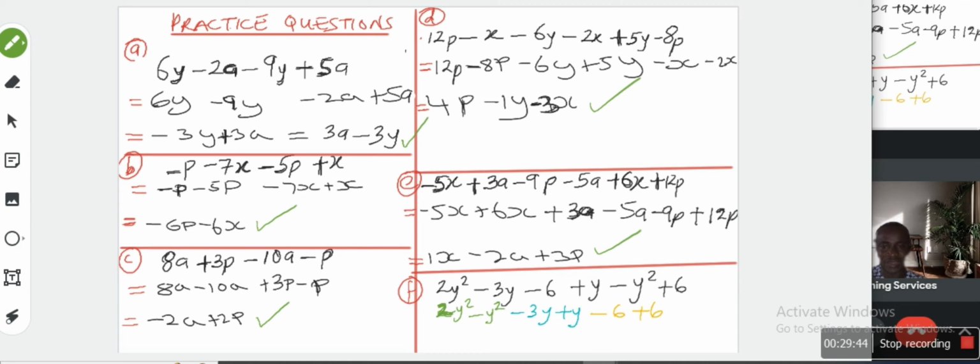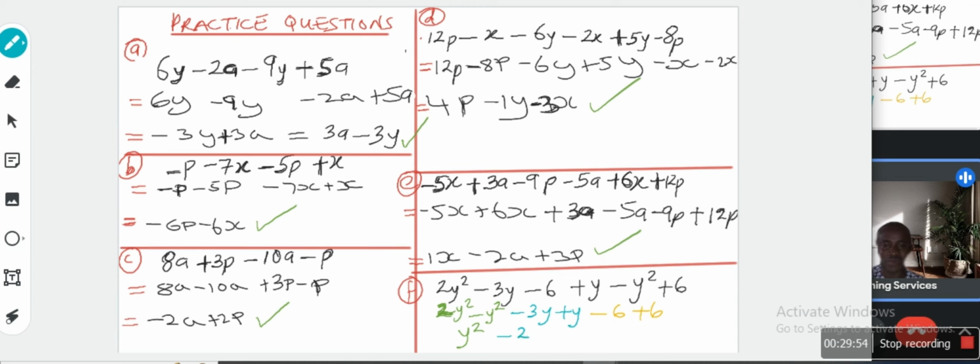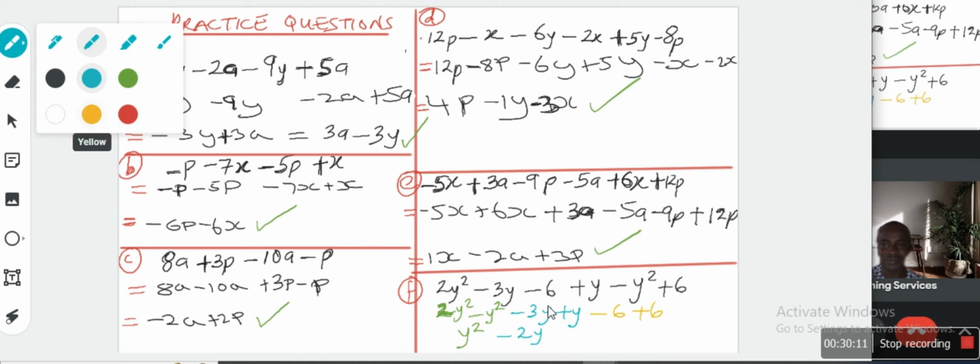1y squared. Exactly, that's just y squared, because 1y squared means y squared. The one in blue we give, I think that should be minus 2y, so that we work faster. Then the one in yellow we give what? One in yellow would give